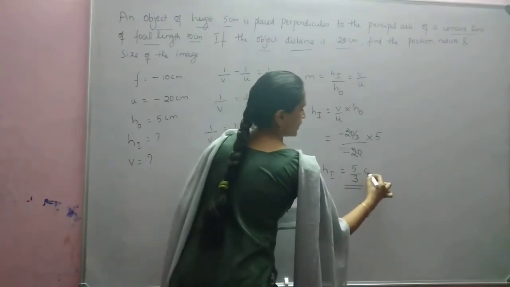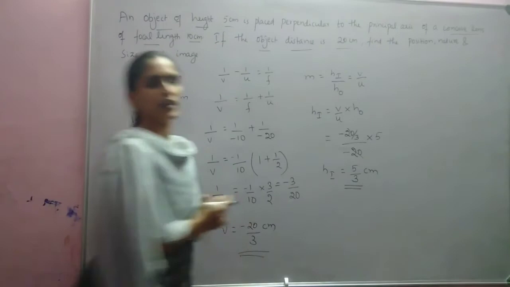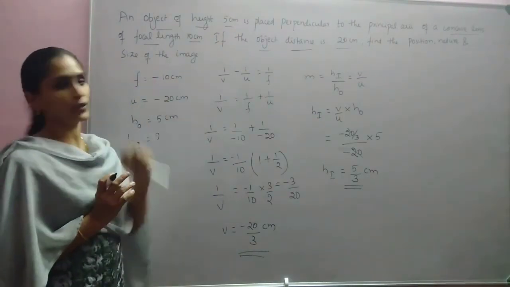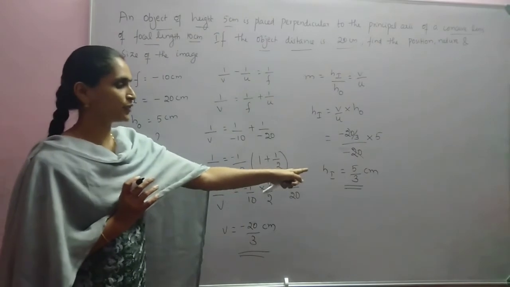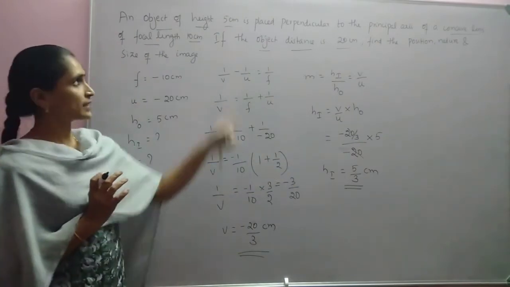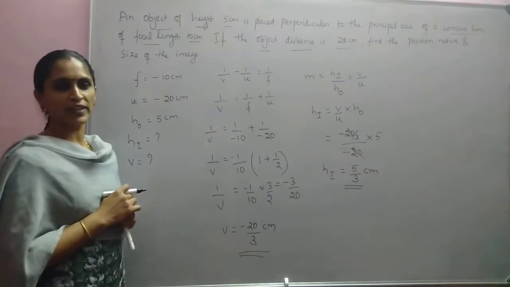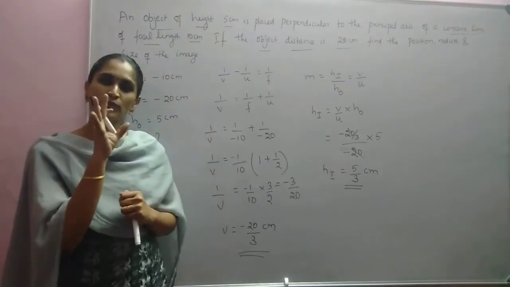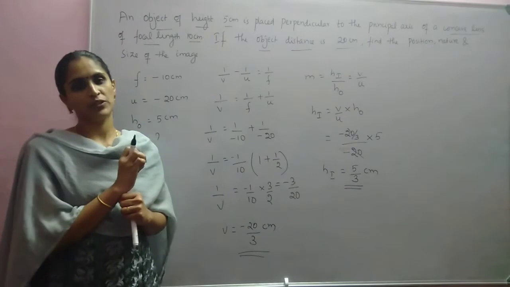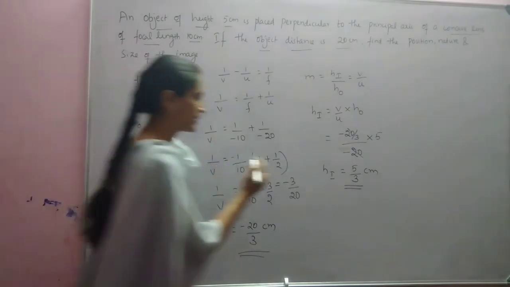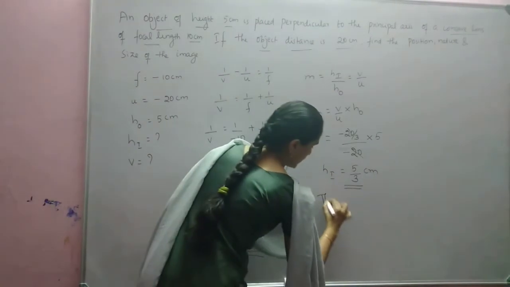What is the unit? Centimeter. Height of the image is 5 by 3 centimeter, which is less than the height of the object. That is true in the case of a concave lens, because a concave lens always forms a virtual diminished image. So we got the height of the image positive. So we can write the image is